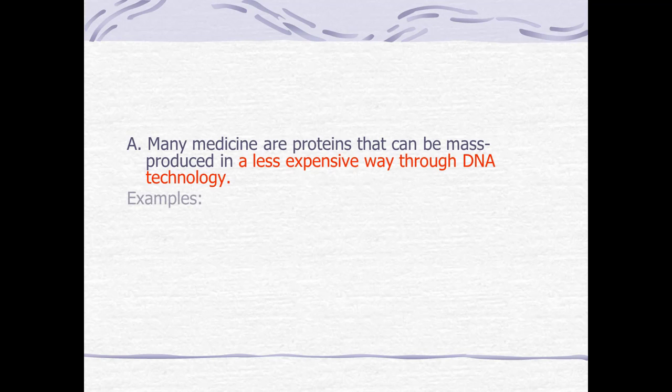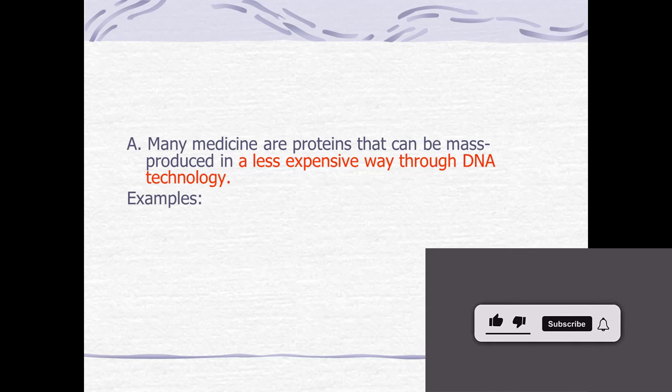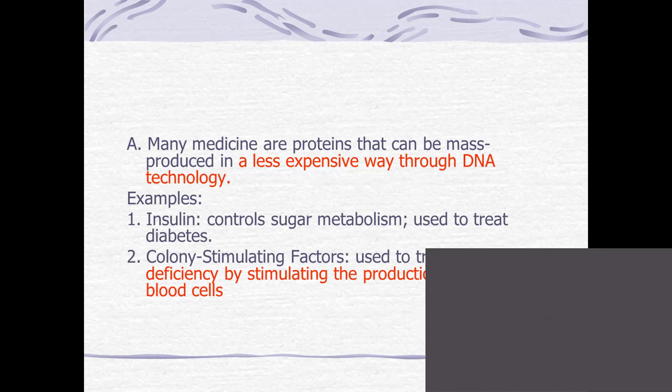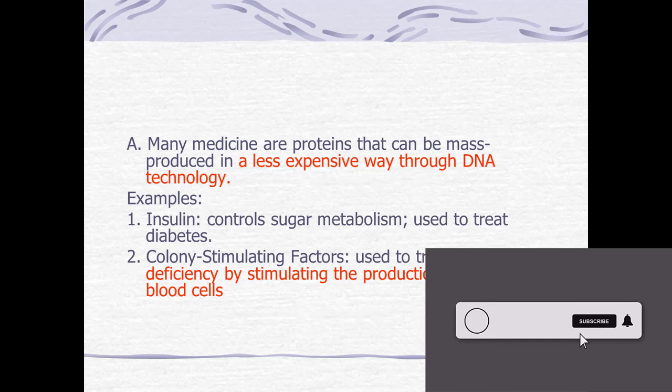Many medicines are proteins that can be mass produced in a less expensive way through DNA technology. Examples are insulin, which controls sugar metabolism and is used to treat diabetes, and colony stimulating factor, used to treat immune deficiency by stimulating the production of white blood cells,